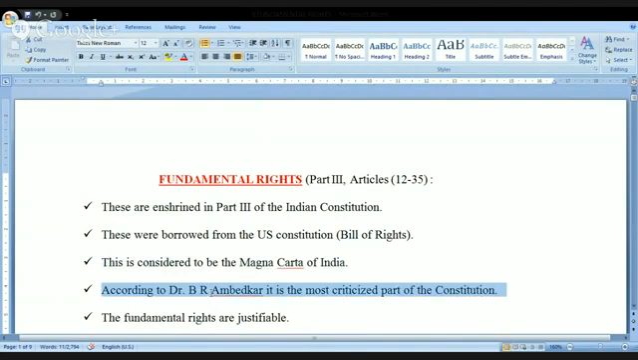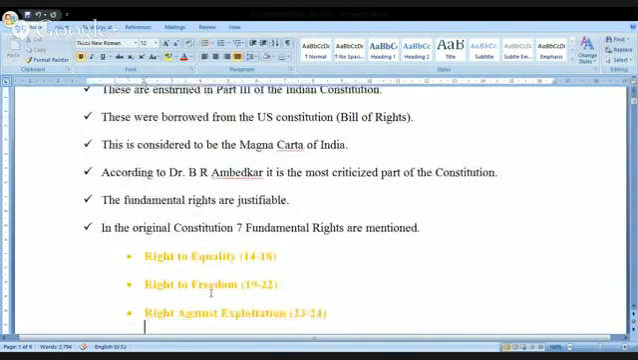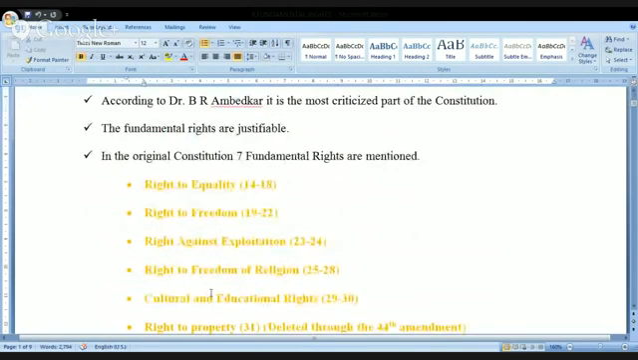According to Dr. B.R. Ambedkar, it is the most criticized part of the Constitution. Most criticized means most discussed part of the Constitution. Next, when you look at this one, these fundamental rights are justiciable. Let me make a point here. I am using the word justiciable. When I say it is justiciable,